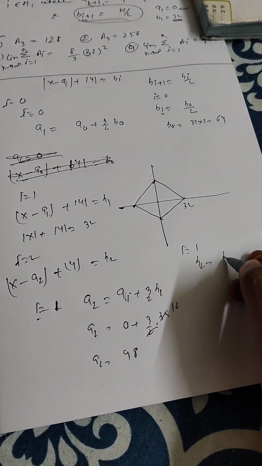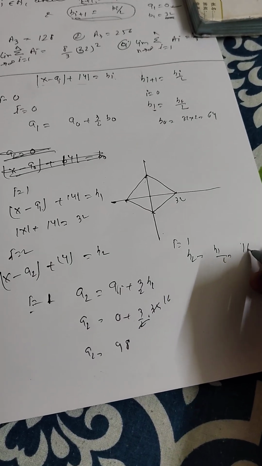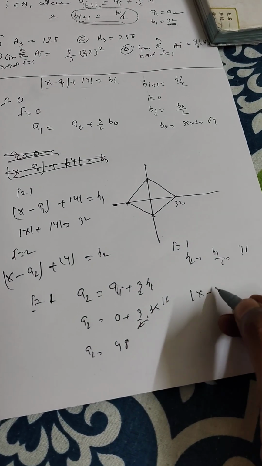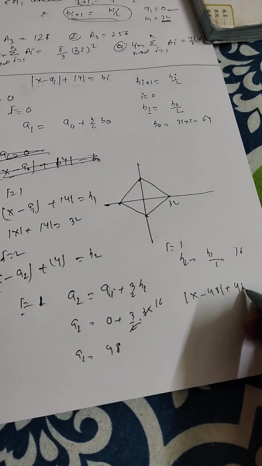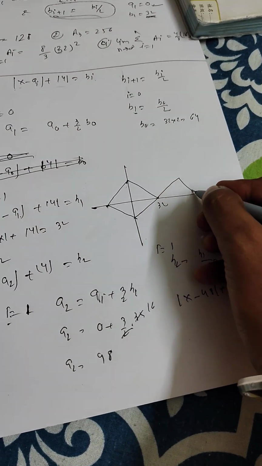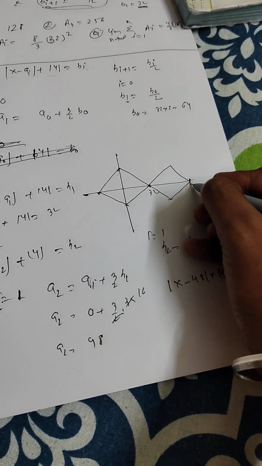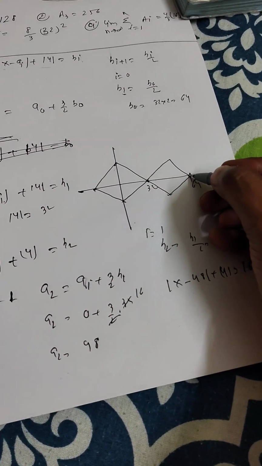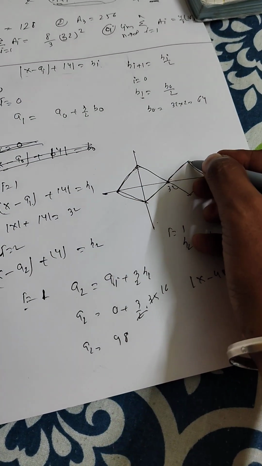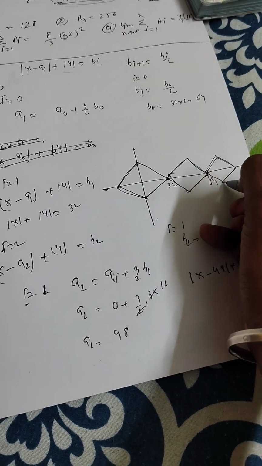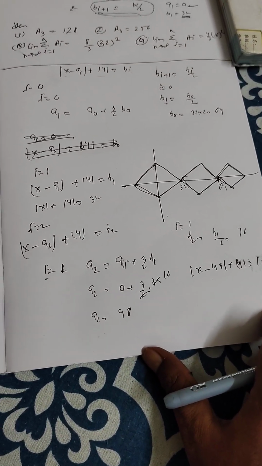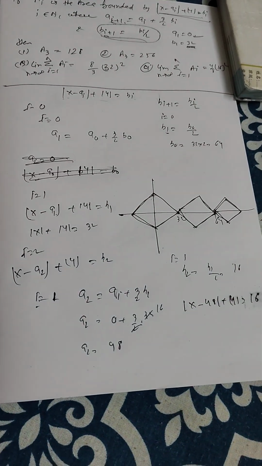Now with i = 1, b2 = b1/2. b1 is 32, so b2 is 16. Now again start this equation: |x − 48| + |y| = 16. So this graph goes this way; check one time, sir. This graph has 64 at this place. Next graph, this type of graph: all these graphs have a square shape. Understand? Yes or no? All graphs are squares.